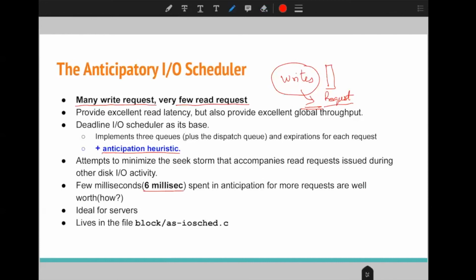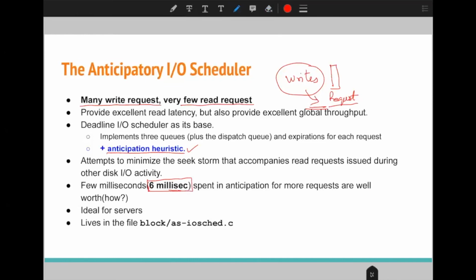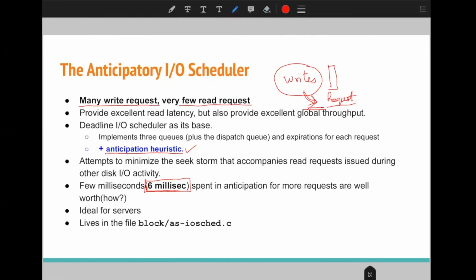This happens with the help of the anticipation heuristics. It decides for how much time we have to wait for other read requests. Whatever requests we get in this period, we serve those read requests. So this is ideal for server kinds of scenarios.